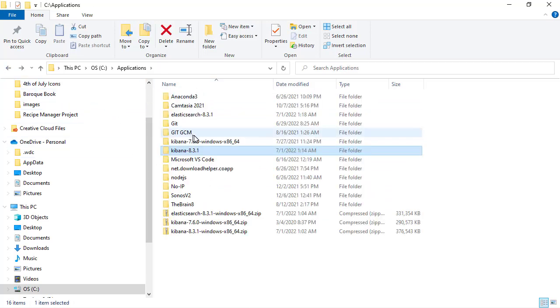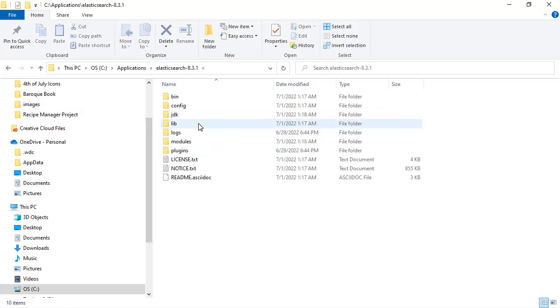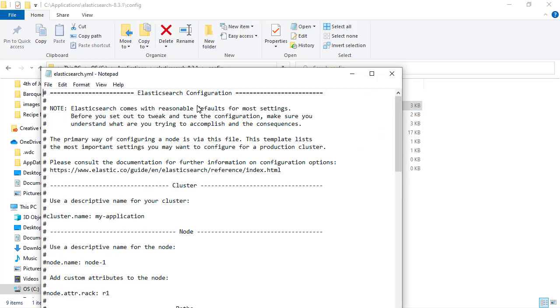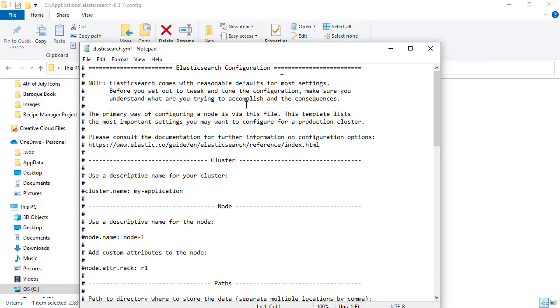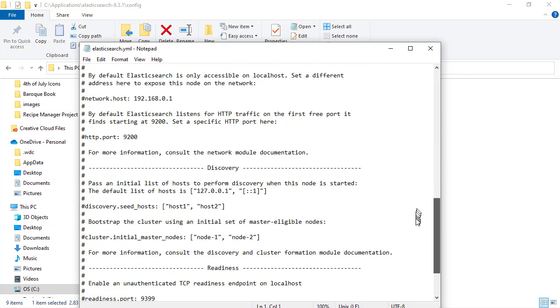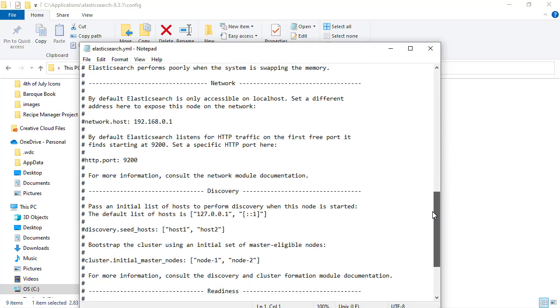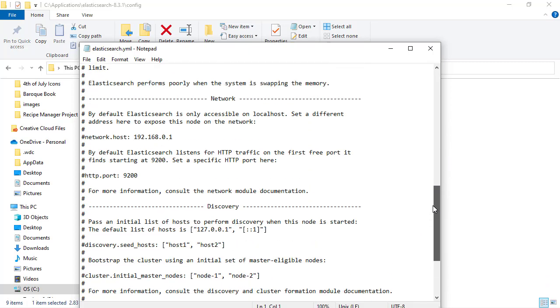What we're going to do first is modify a configuration in here, the Elasticsearch YAML file. If we bring this in, each of these statements that has a pound is basically a comment. This just gives you some idea of how to configure. Since this is going to represent a node,